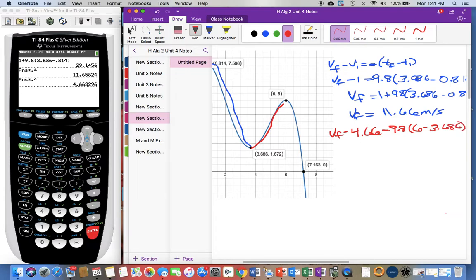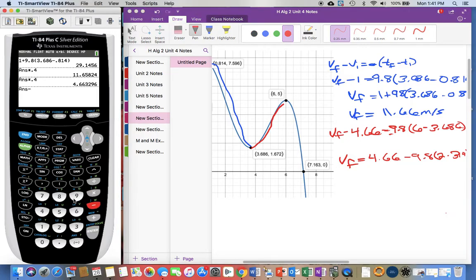And then I'm going to solve for V sub F. So V sub F, I'm going to add the 4.66 to each side. Now, if you notice, I kind of made a mistake up here. It should have been a negative 9.8 because I'm going up a hill, so my force of gravity is working against me. So I should have 4.66 minus 9.8 multiplied by, in parentheses, if you're to simplify that, 2.314. So when I type that in here, 4.66 minus 9.8 multiplied by, in parentheses, 2.314